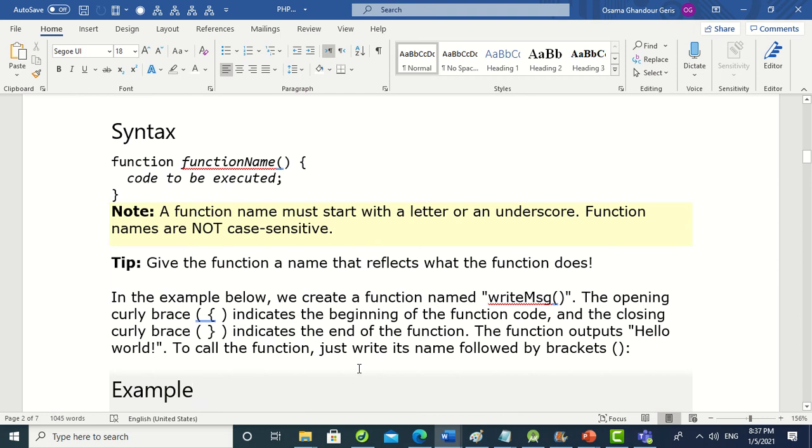In the example below, we create a function named writeMsg. The opening curly brace indicates the beginning of the function code, and the closing curly brace indicates the end of the function. The function outputs hello world. To call the function, just write its name followed by the brackets. Okay? Example: